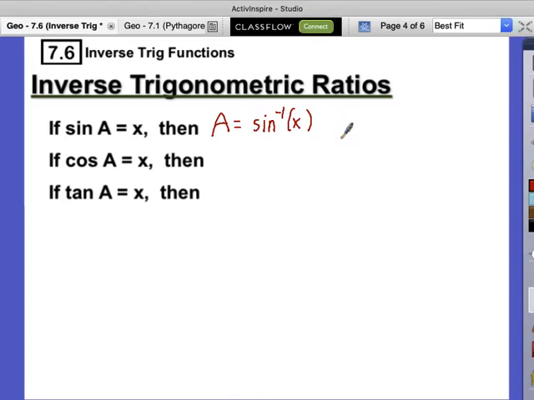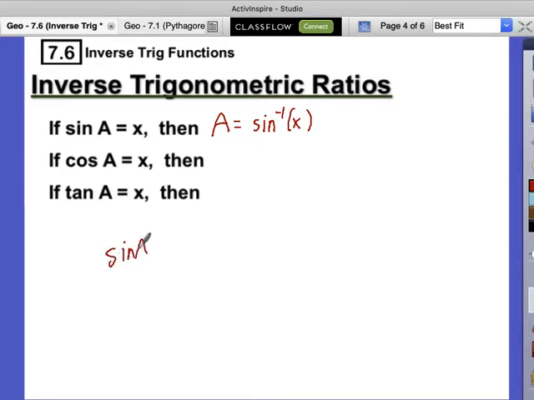Okay, how do we read that? Inverse sine. Okay, one more time just to annoy you guys. How do we read this? Inverse sine. Okay. So what happens mathematically between here and here, how we get there, is you start off with